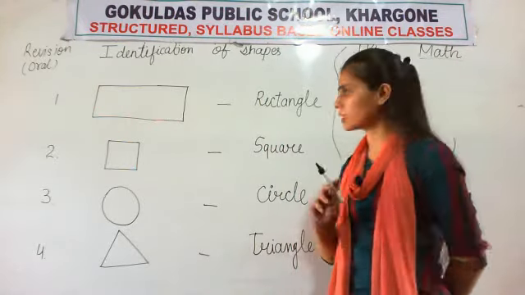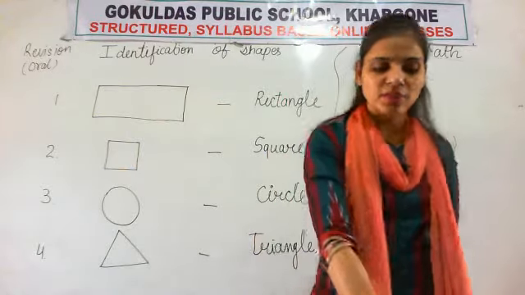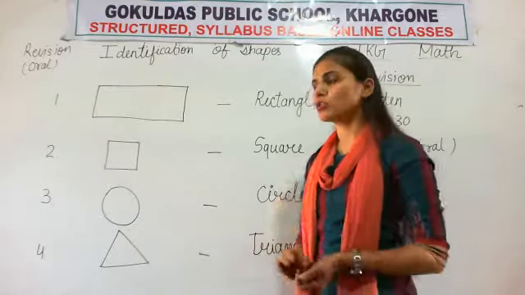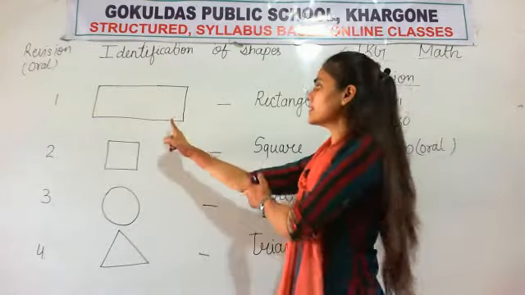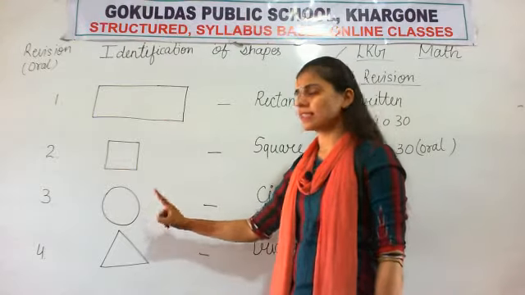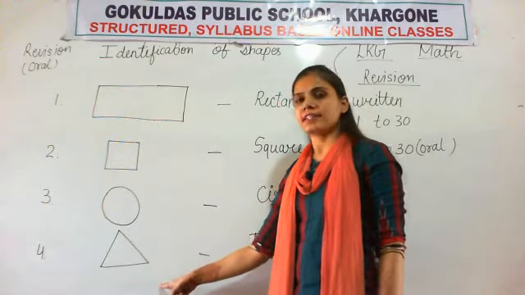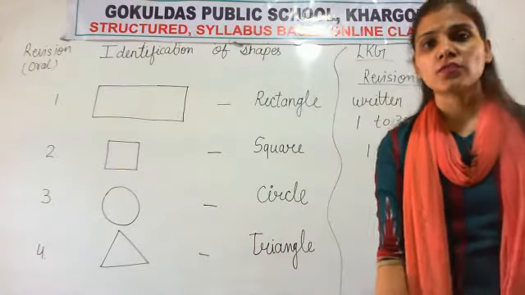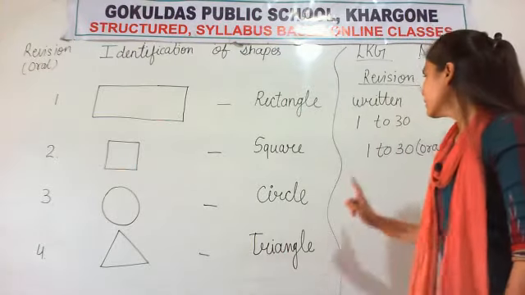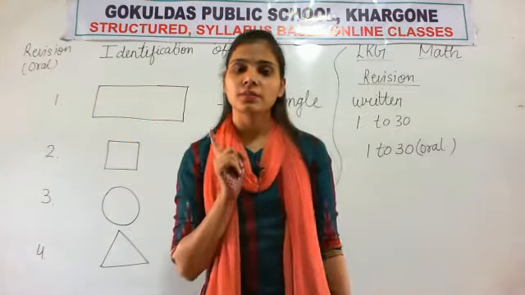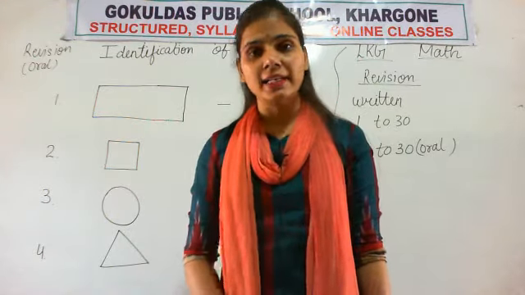Okay, proper. You send me video, so you fold your hands and say, and you send me audio, so you say full sentence. This is rectangle, this is square, this is circle, and this is triangle. Okay. So you say the full sentence, and in counting you say full counting like 1, 0, 10.